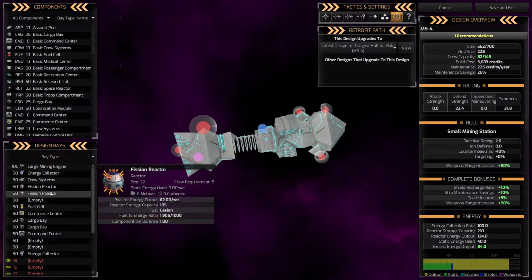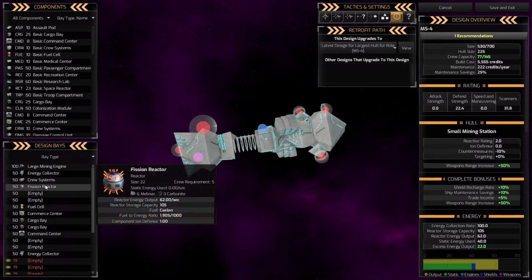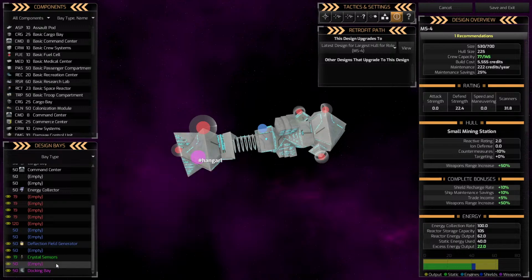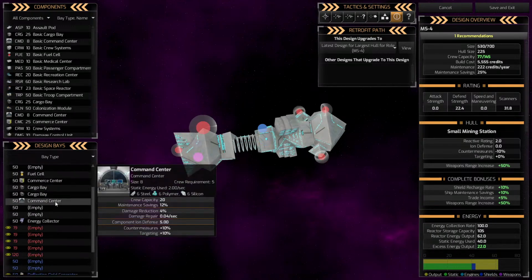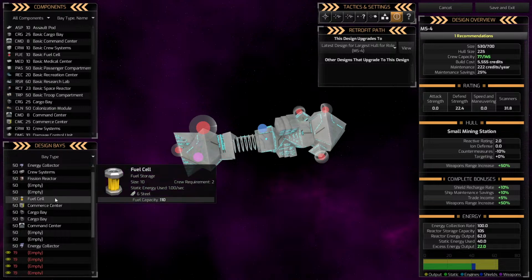Two fission reactors. Can I remove a fission reactor and still stay stable? I got 3 back, but it's 8 that I'd have to try to recover somehow. I mean, the docking bay is absolutely necessary. Command center, cargo bay, commerce center. I mean,